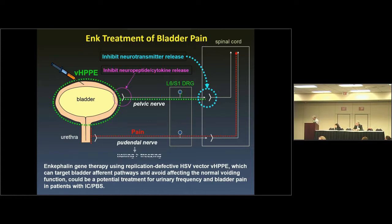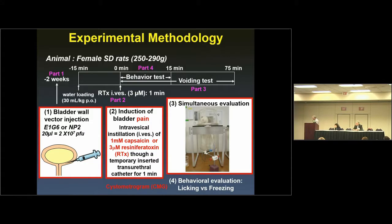And what happens here is that you'll get different kinds of pain demonstration. These animals will lick the genitals and show not much freezing, whereas in the case of the pelvic nerve, you get a lot of freezing and very little licking. So this is the experimental methodology. The virus is injected, either a control virus or the enkephalin-producing virus, into the bladder wall. Wait a couple of weeks to allow good expression. Then we introduce